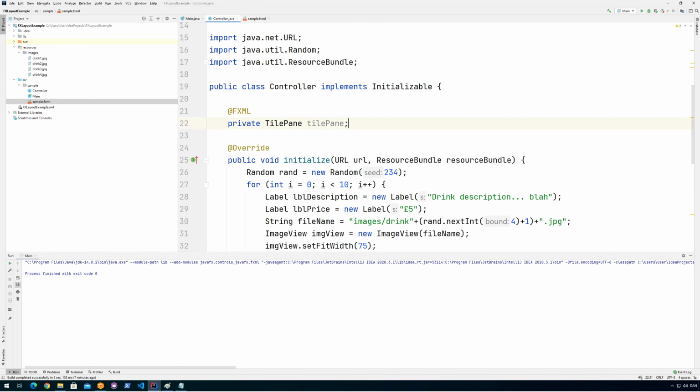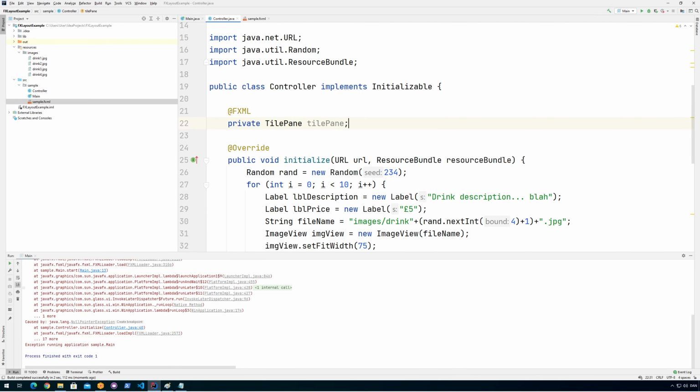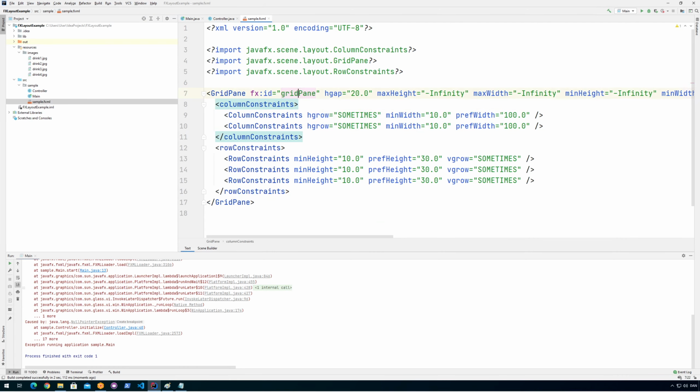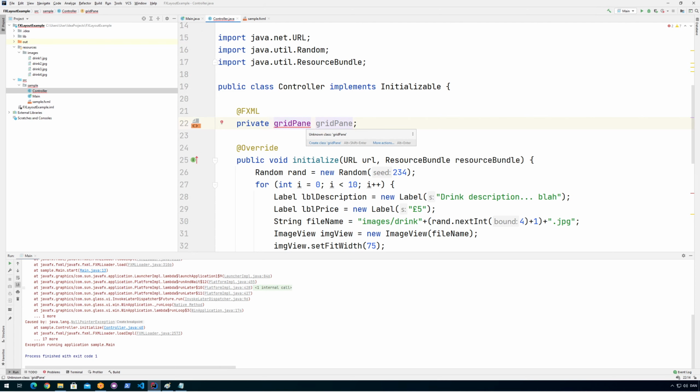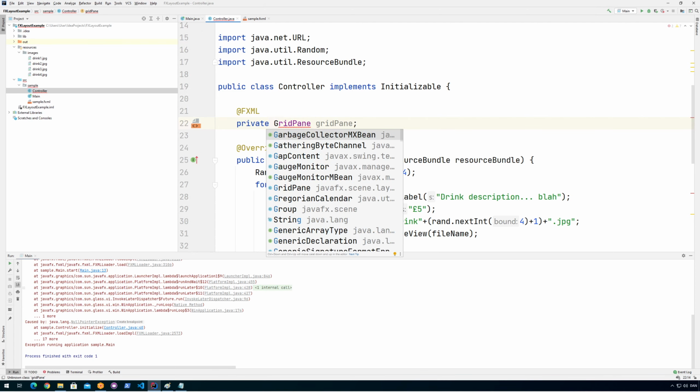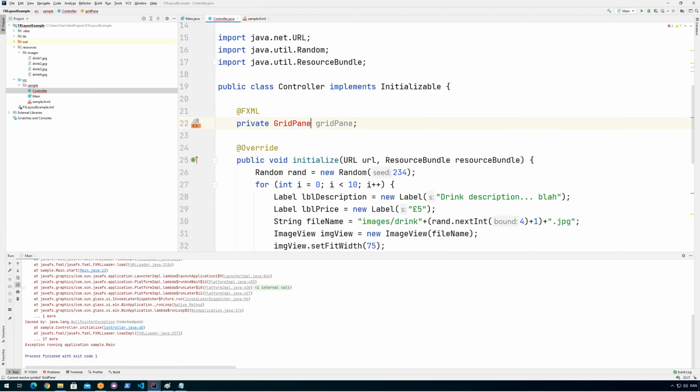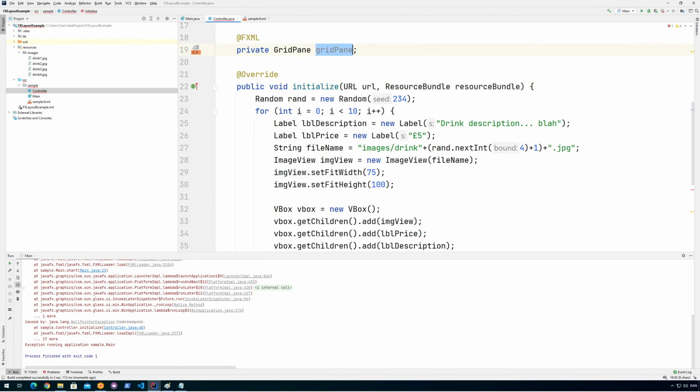let's try to see. So right now, this shouldn't really work because we changed the sample here so that there's a grid pane instead. So let's go back to the controller and change this into a grid pane like this. Alt, import class. So now we have a grid pane. And then we need to use the grid pane